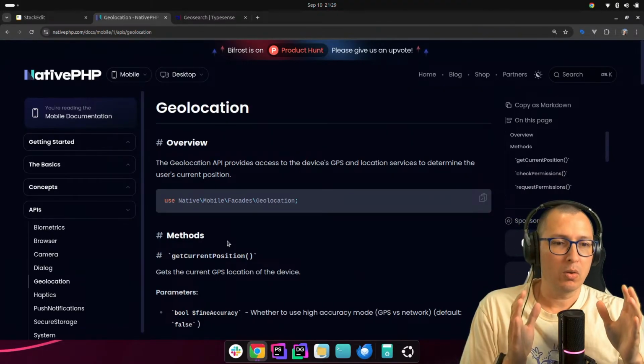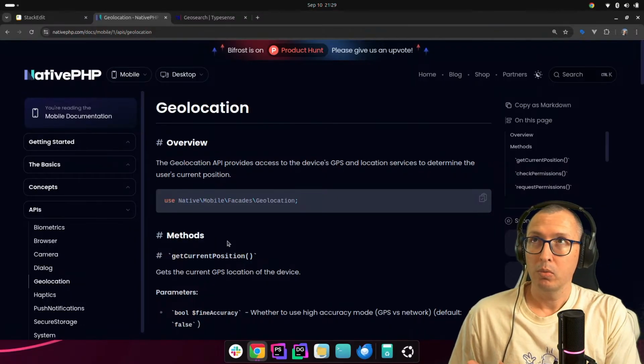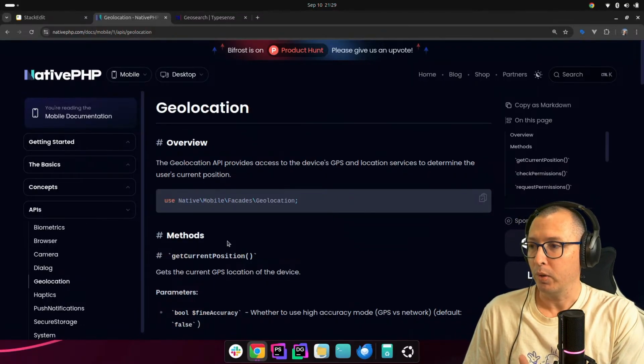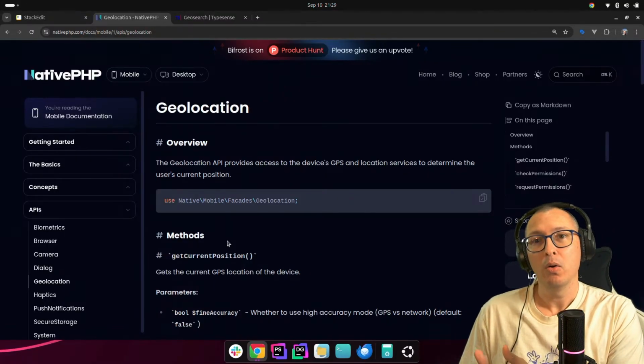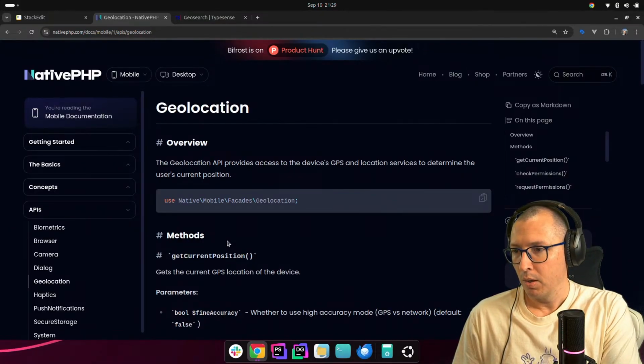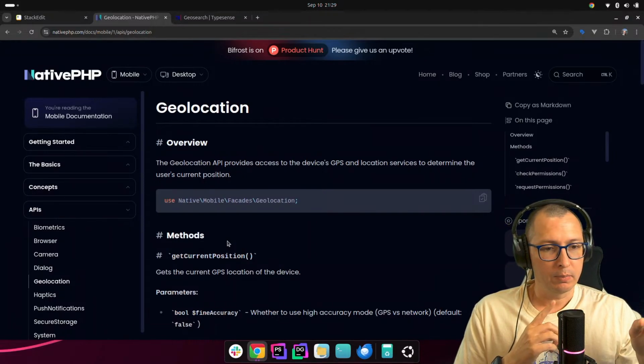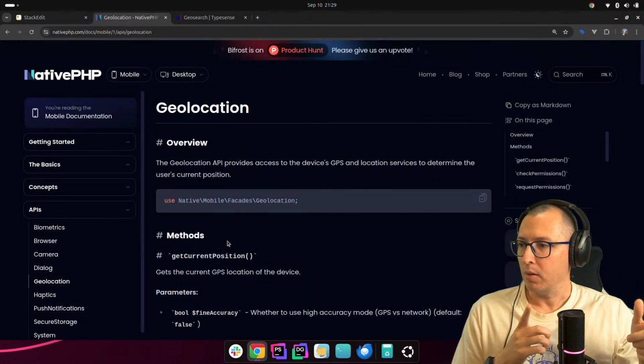So we have not only the user information but also their location data, if they allow the app to record that information, and then we can use that to refine the search later.